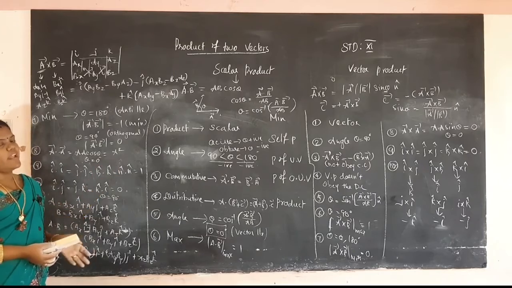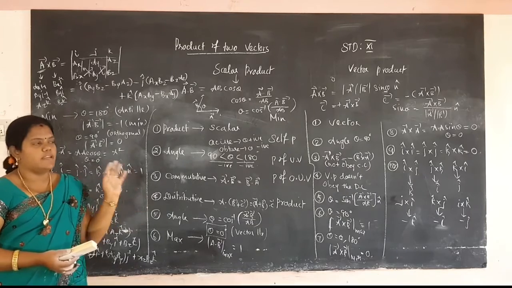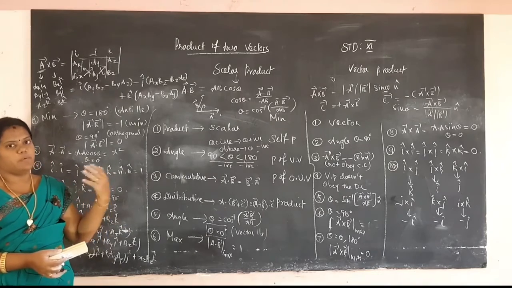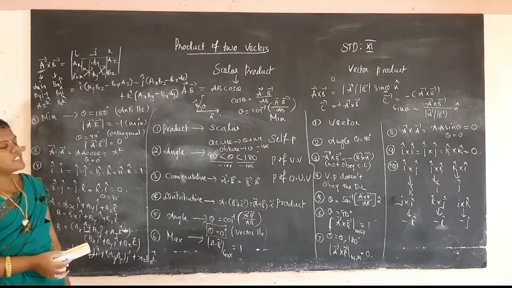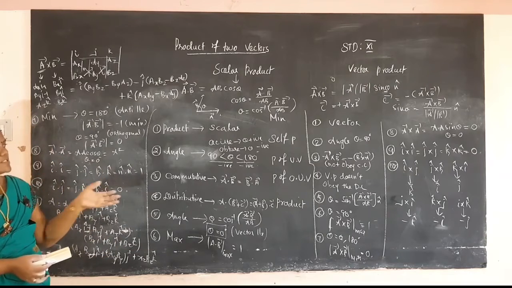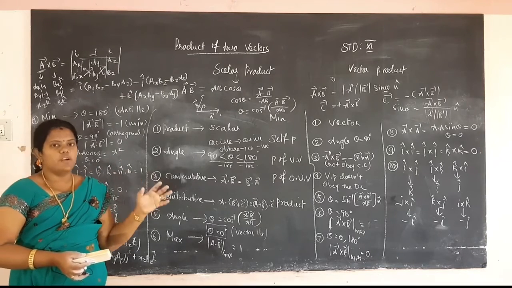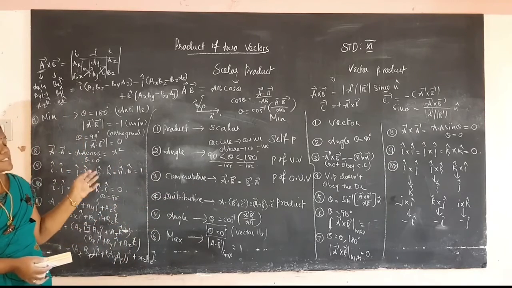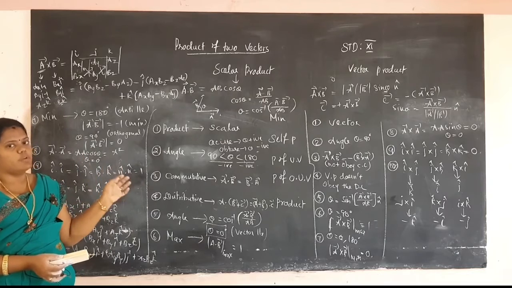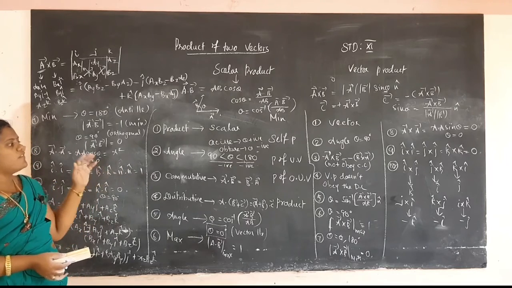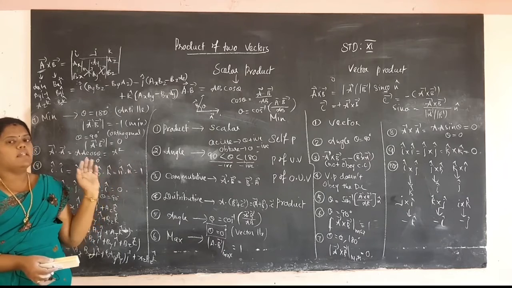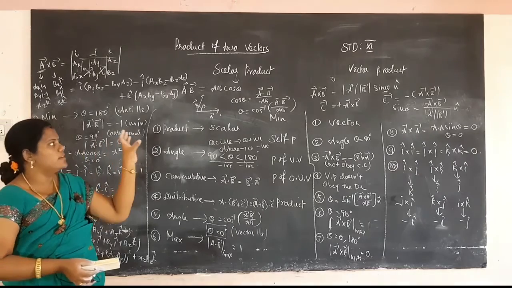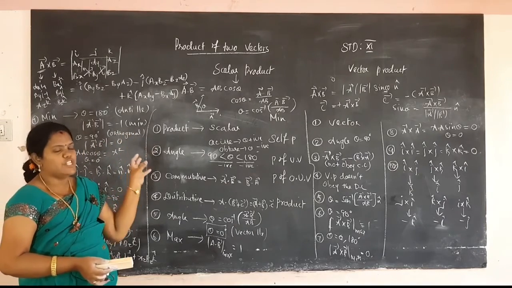How will you find the product of two vectors in the scalar form and the vector form? Already explained. What are the properties of the scalar product of vectors? What are the properties of the vector product of two vectors? Okay, so first let us learn this topic. First you should learn about the component of two vectors and how to calculate it, as this is a very important detail. I have to learn the 10 points. First you should differentiate the 10 points and then you can easily learn them. First you have to learn the definition of the two products.